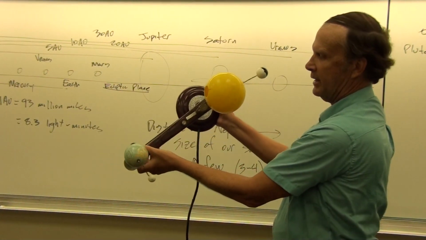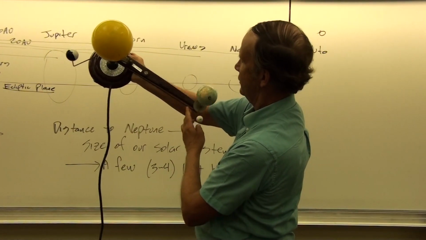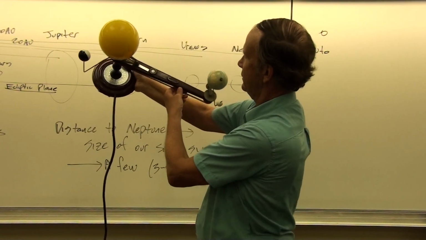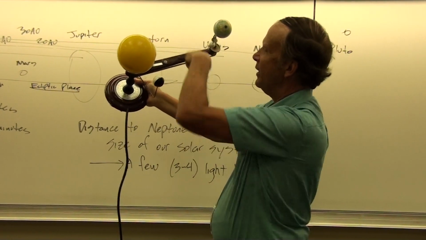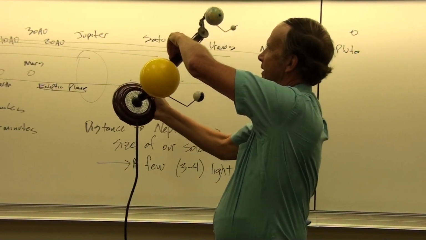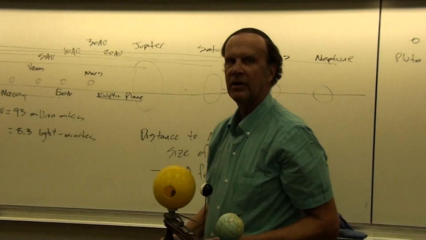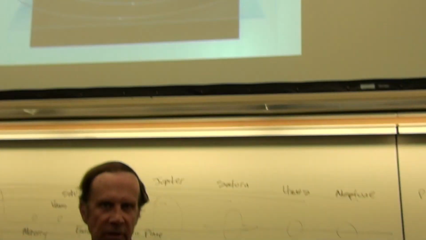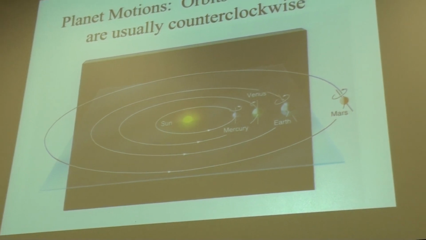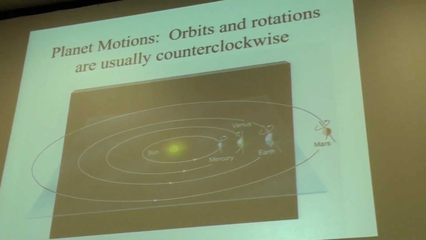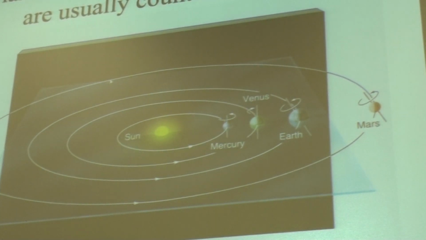are counterclockwise. Looking down on the Earth's North Pole, you can see the Earth is rotating counterclockwise. The moon is going around the Earth counterclockwise. This planet is going around the sun counterclockwise. And the Earth's going around the sun counterclockwise. And so if you look up at the data projector, we can see that there's a simple way to understand these planet motions, and that's simply to think counterclockwise, as viewed looking from above.